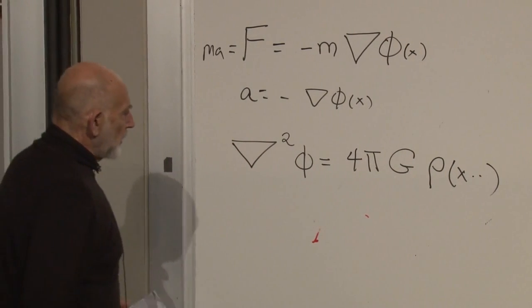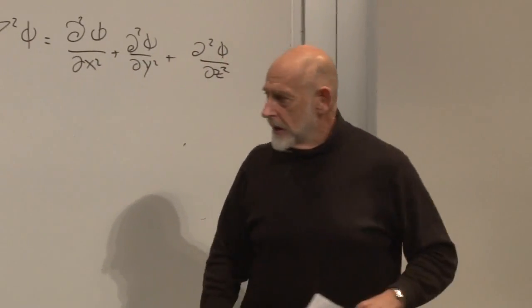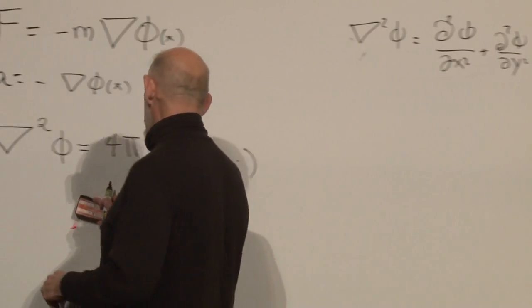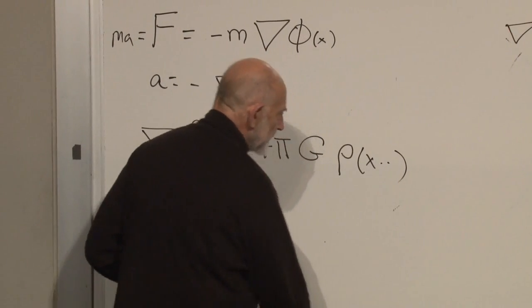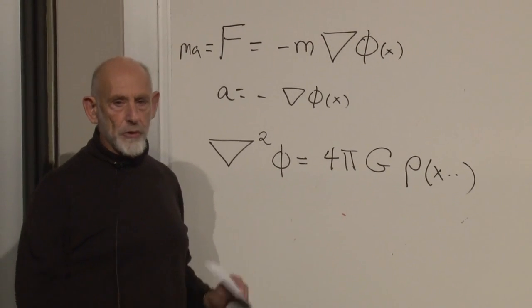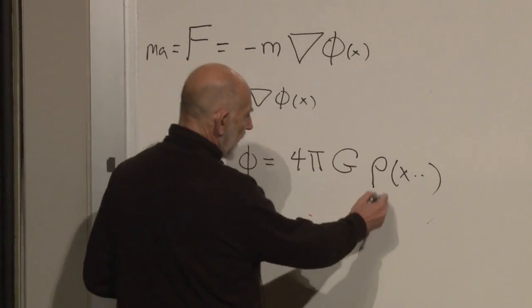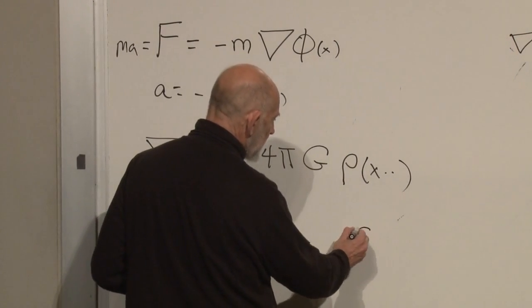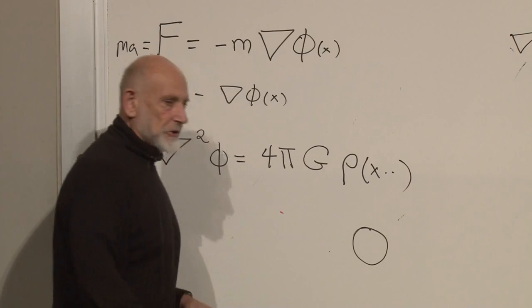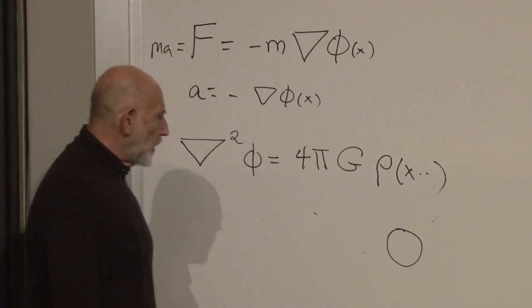You can solve this equation, in particular, in a special case. In the special case where rho, first of all, what does rho mean? Rho means the amount of mass per unit volume, mass per volume. In the case where rho of x is concentrated, let's call it a star. It doesn't have to be a star, it could be a planet, it could be a bowling ball, but let's